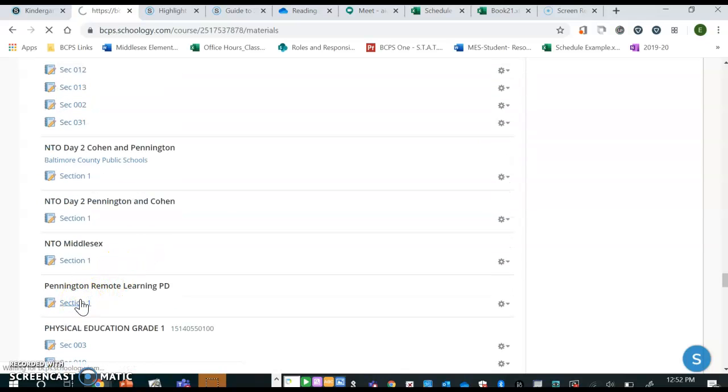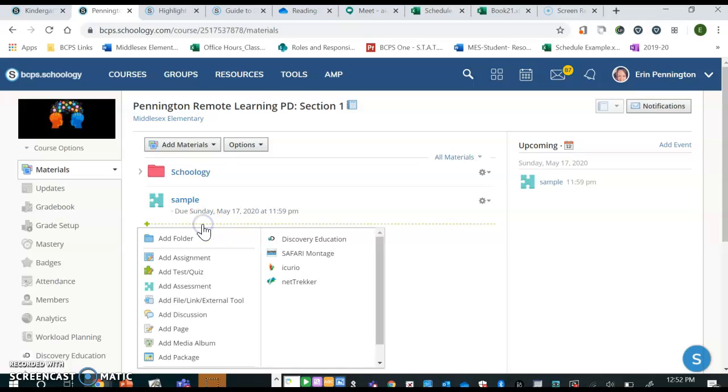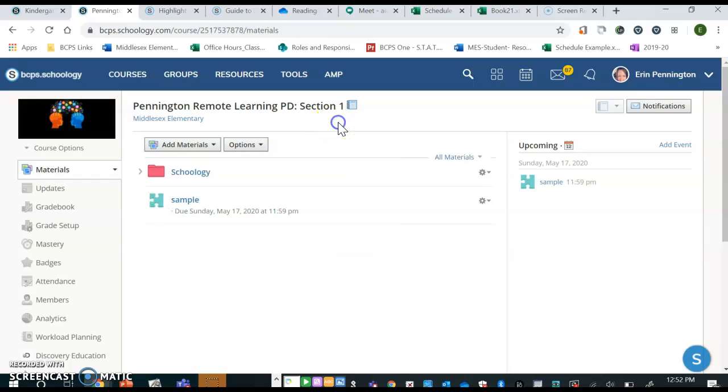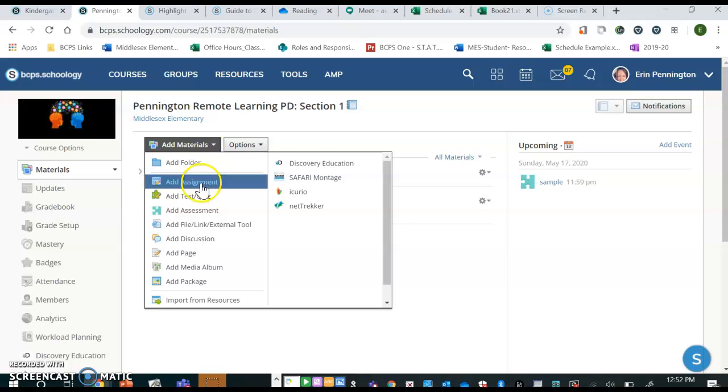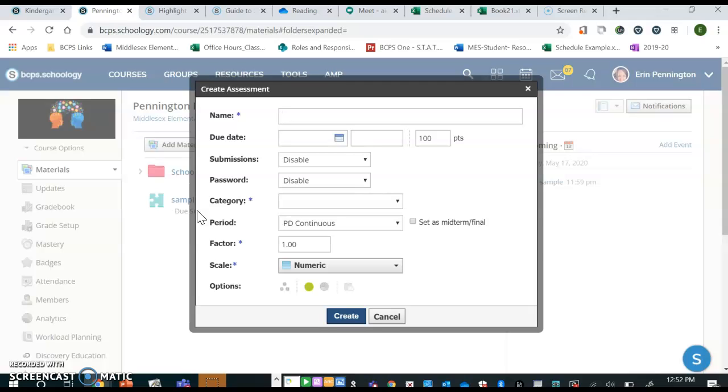Okay, so I'm going to open my example course and I want to add an assessment. And so I can either just click here on this plus sign or I can add here. If you're unfamiliar, the perk of using it this way is you can determine where it will show up once you get a whole list of things. If not, if you use this, it's going to default to the bottom. So I'm going to add assessment and I'm going to give it a name,